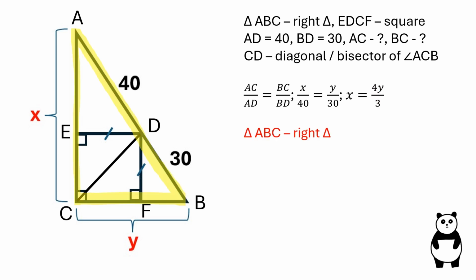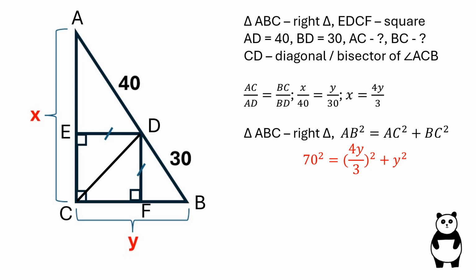Triangle ABC is a right triangle. By the Pythagorean theorem, AB squared is equal to AC squared plus BC squared. Let's sub in the values, and after expanding and simplifying the equation, we are left with y is equal to